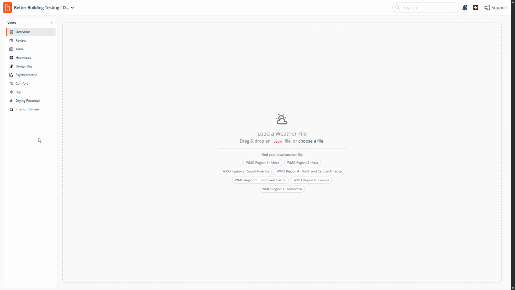So let's treat this as a bit of an introduction to a feature set of tools that you can see over here on the left-hand side. Now, in terms of what you want to do, you want to effectively find a .epw file. If you don't know where one is, there you go. You can click on one of these links. It's going to take you to a region, and that region is going to have a whole heap of climate files in it, and you can download it to your local computer and then upload it. I'm going to go ahead and choose a file on my local computer,